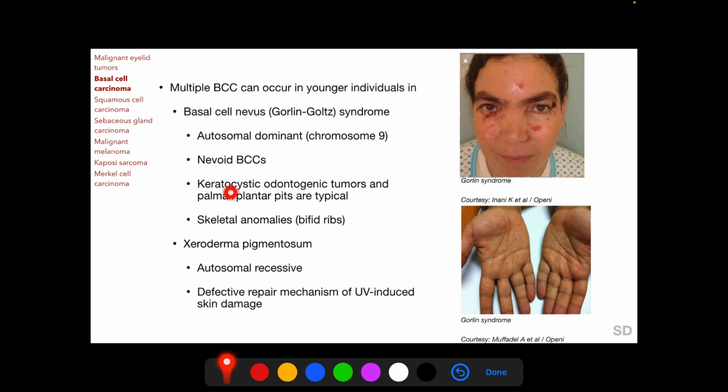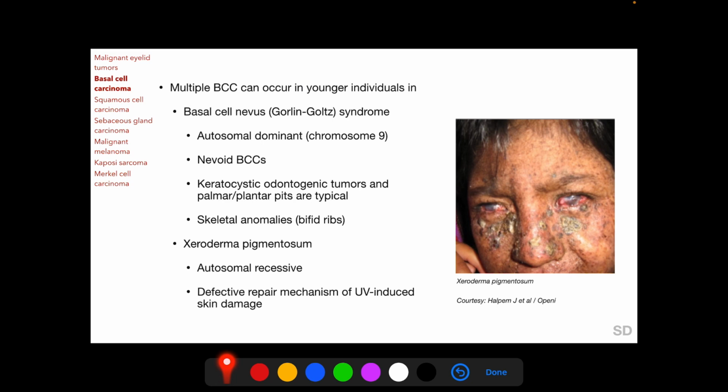They also have keratocystic odontogenic tumors occurring in the gums, as well as pits in the palms and the soles, as seen here in the picture. Skeletal anomalies such as bifid ribs also occur in basal cell nevus syndrome. Xeroderma pigmentosum is inherited in an autosomal recessive manner and is characterized by defective DNA repair mechanism of UV or